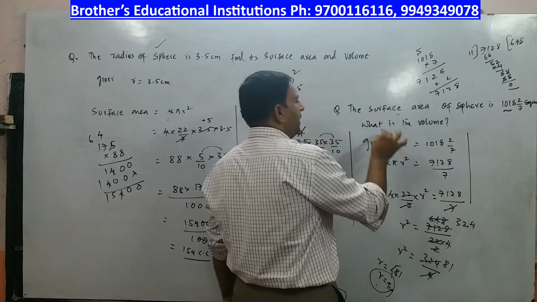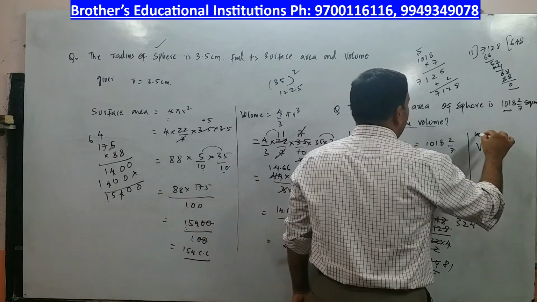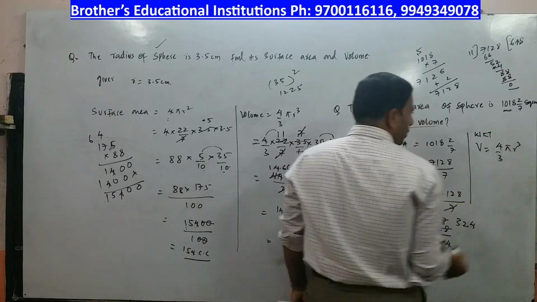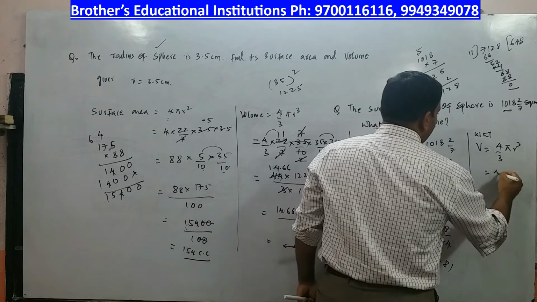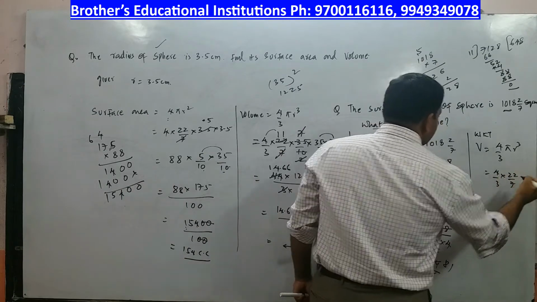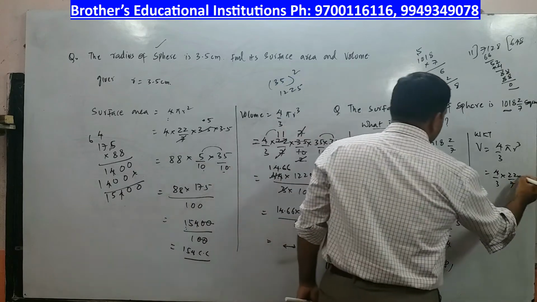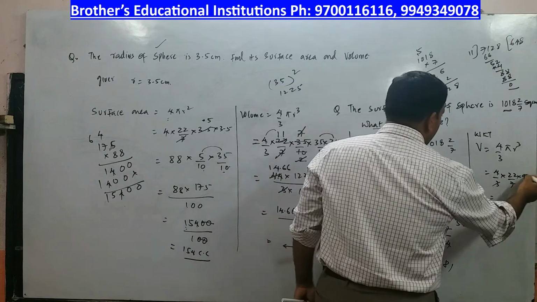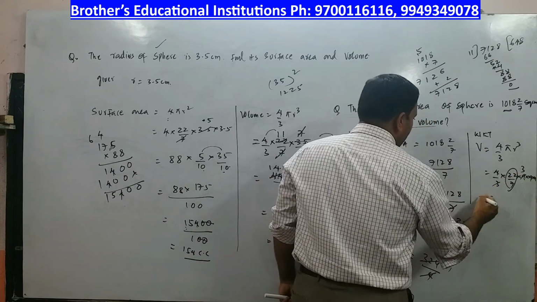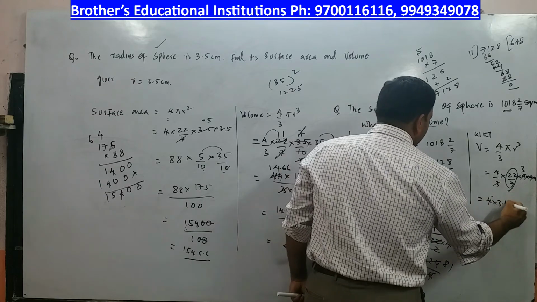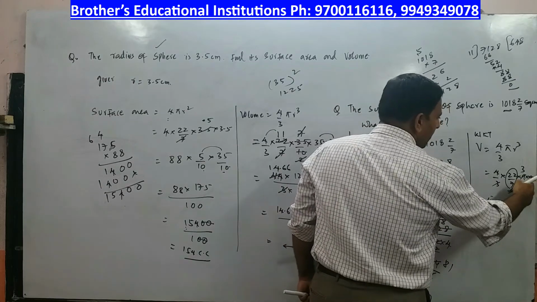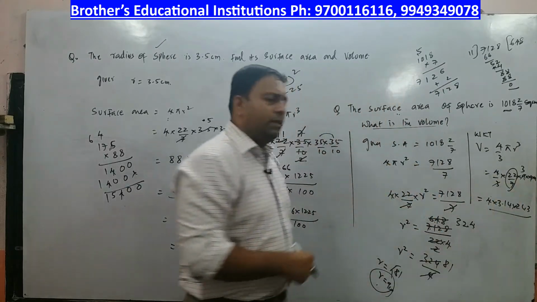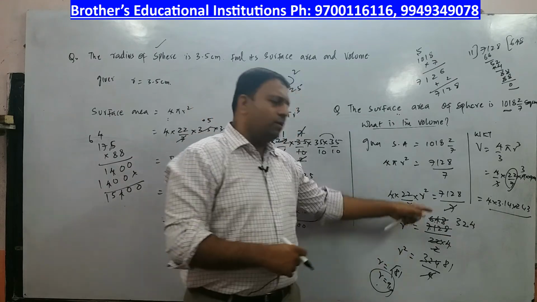Now what are you supposed to find? You are supposed to find the volume. So we know that volume of a sphere is 4 by 3 pi r cube. So I will say 4 by 3, pi is 22 by 7, r cube means it is 9 into 9 into 9. Children, I am leaving this to you. 3 1s are, 3 3s are. 4 into 22 by 7 is 3.14, and then followed by 9 9s are 81, 81 3s are 243. This multiplication I am leaving it to you. Please multiply and comment in the comment box what answer you got.